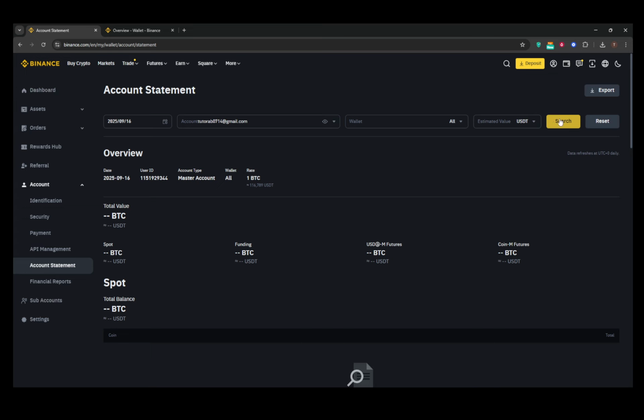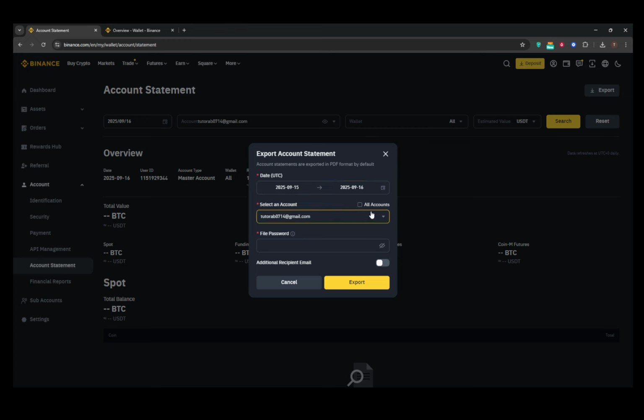Now that you can see your statement, you'll have the option to export it. Look for the Export button and give it a click. You'll be presented with different ways to export or send your statement. If you prefer a download, opt for either PDF or JPEG. Alternatively, you can send the statement directly to your registered Binance email or even another third-party email address if you